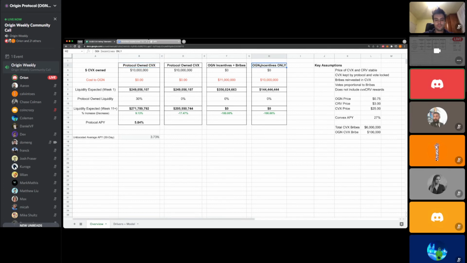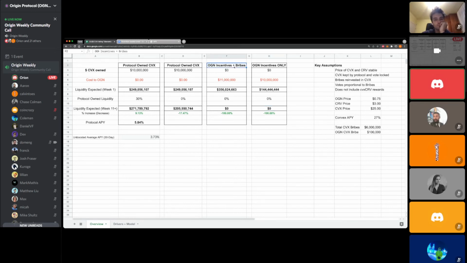If you look at the traditional yield farming approach where you just provide OGN incentives only, you could throw away $10 million over 10 weeks and attract an initial maybe 140 million in liquidity. But when week 11 rolls around and into the future, all that liquidity is going to leave because those incentives dried up.